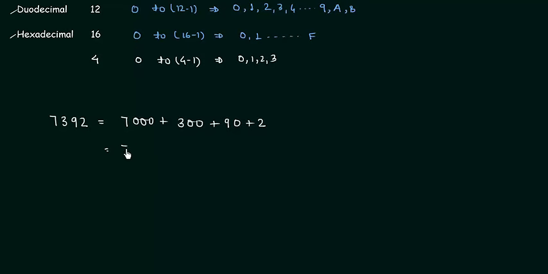Or I can write 7 multiplied by 10 raised to power 3, 3 multiplied by 10 raised to power 2, 9 multiplied by 10 raised to power 1, and 2 multiplied by 10 raised to power 0. This is how we can write the number